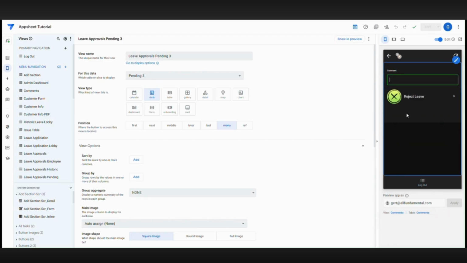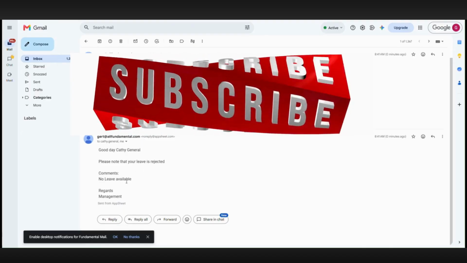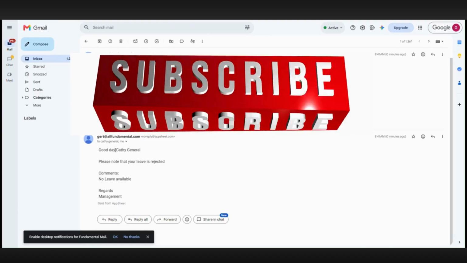This time, we will reject it. Let's add a comment that says, "No leave available," then reject. In the table, you will see the status changes to rejected, and the comment says, "No leave available." This time, Kathy will get an email that will tell her that the leave was rejected because she does not